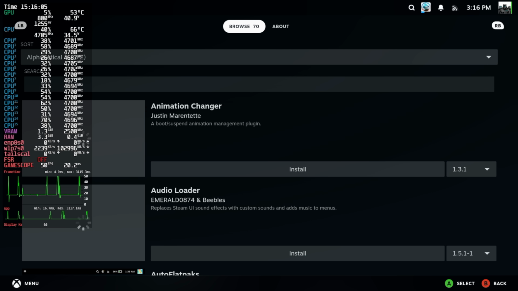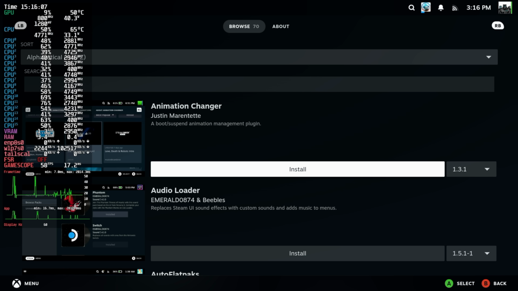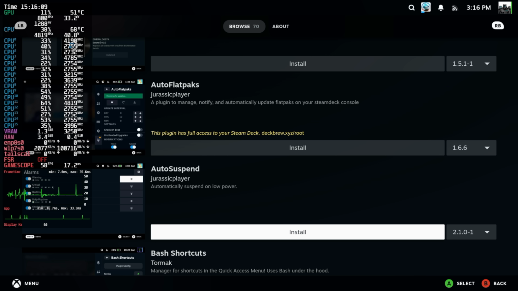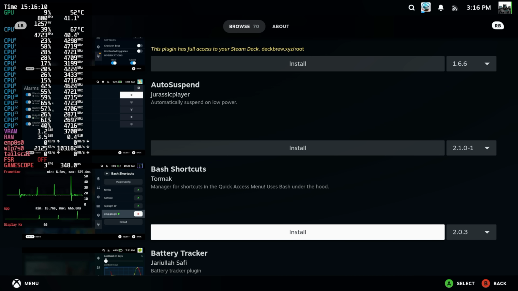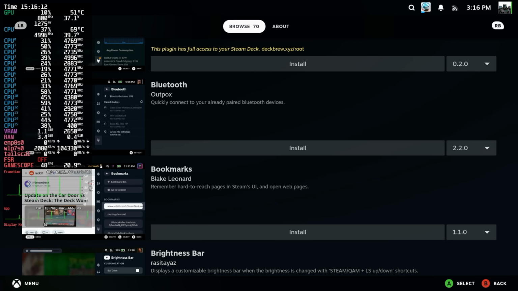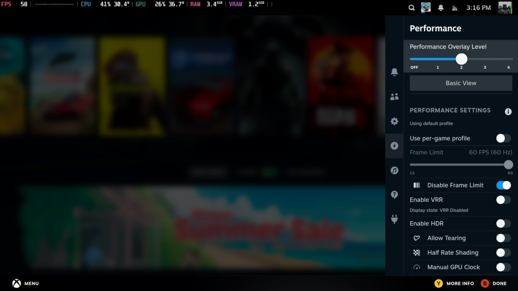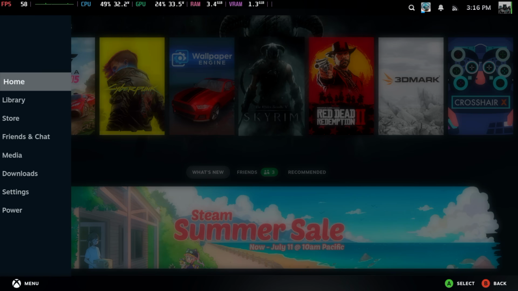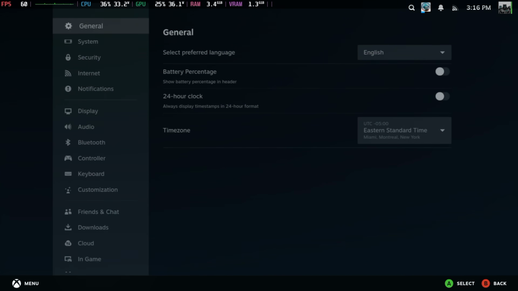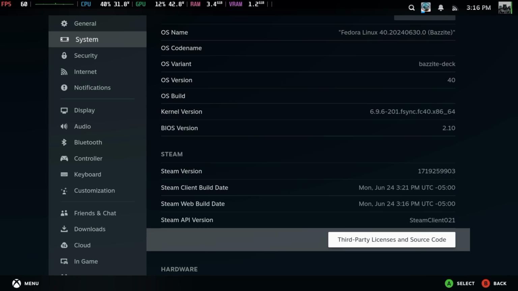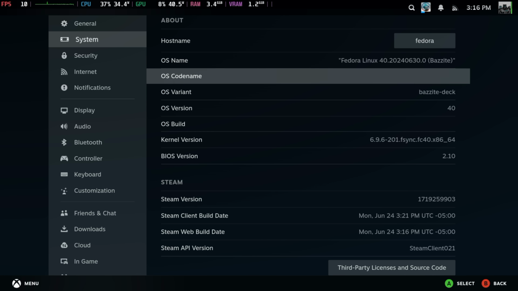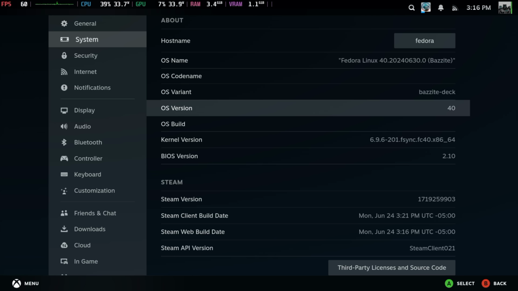So if we wanted to go through and install something like Animation Changer, Audio Loader, Audio Flat Packs, Auto Suspend, all of this can be enabled on this PC. Let me take this down just a bit, give you a look here from our settings, System, Bazzite, OS version, we're on 40,